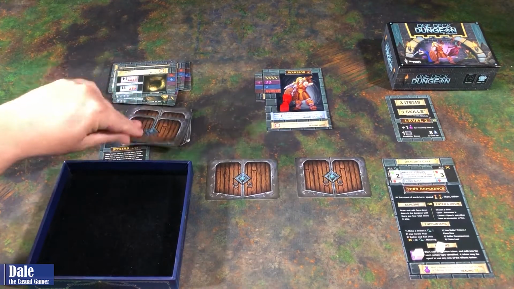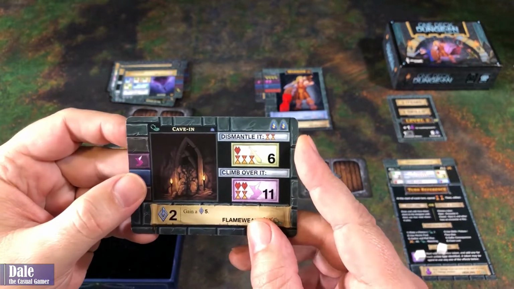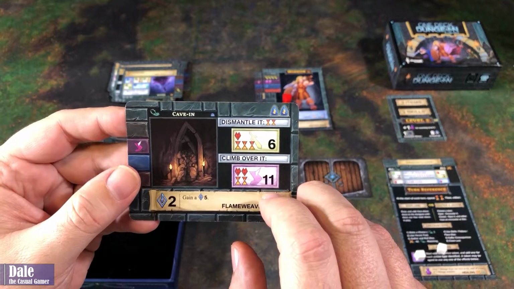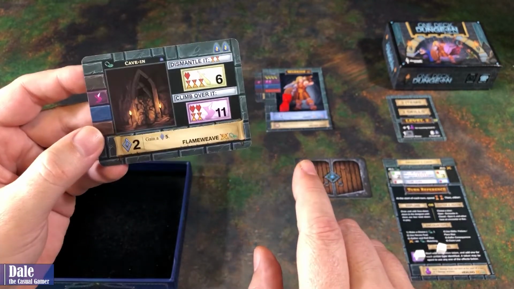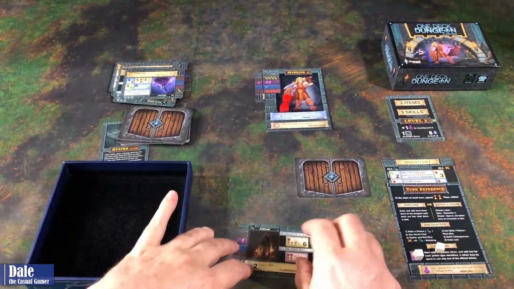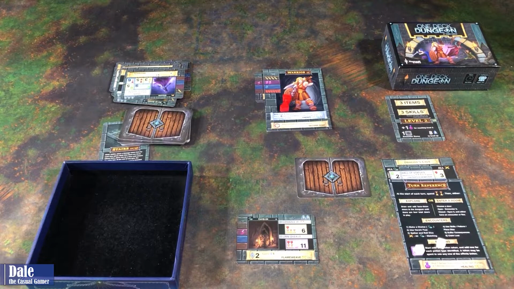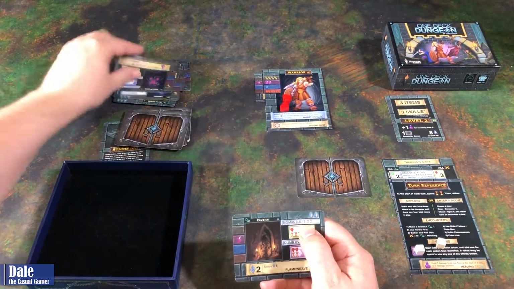Then we will spend 2 time, take a look at another door, finding a cave in. So we can spend 2 time to dismantle it, needing a 6 with our yellow dice. Or we can climb over it, needing 11 with just our pink dice. And of course, we still need a 2 over here. And I think I'm just going to go with dismantling. So we'll spend 2 time,